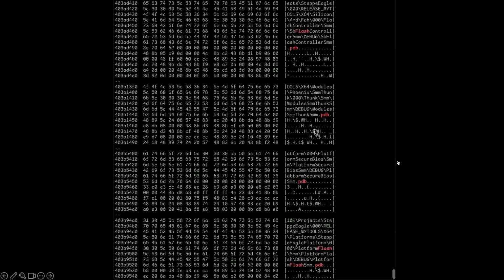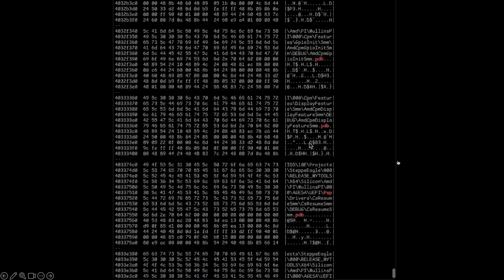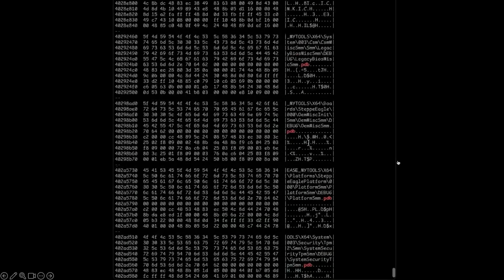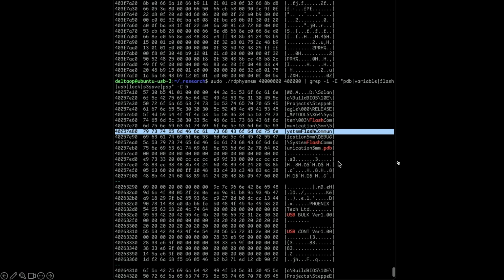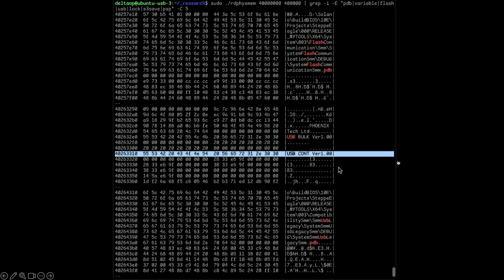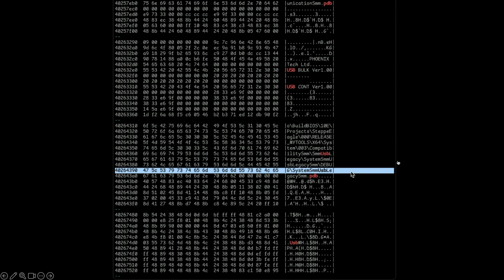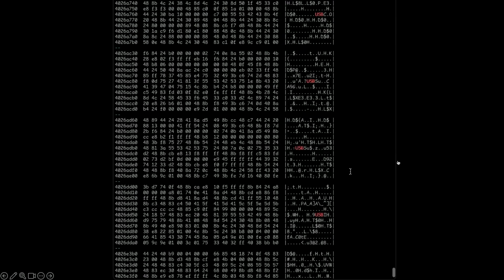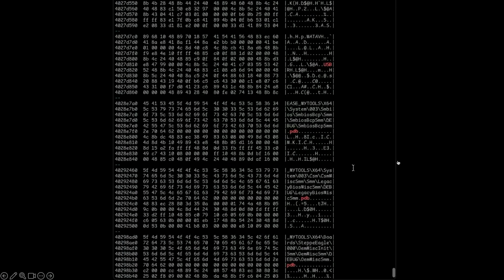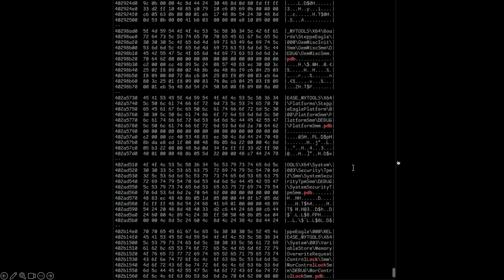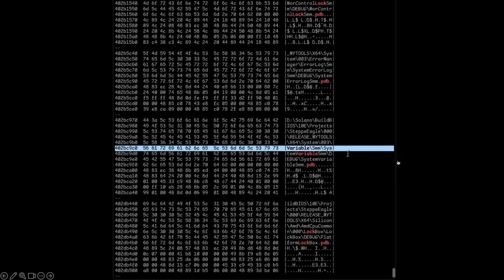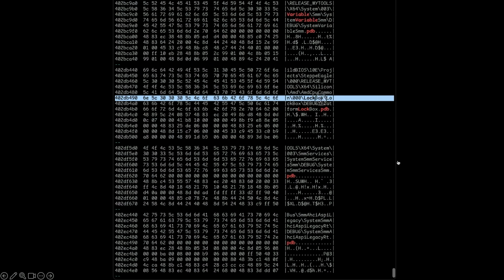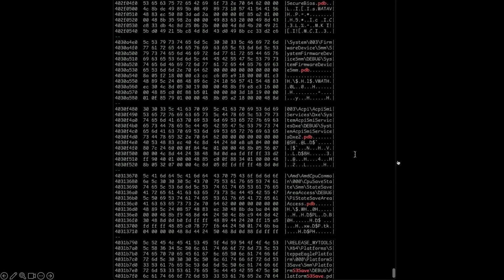On this platform, SMRAM, they left in a whole bunch of build strings, which makes it really easy for us to see the different stuff inside of system management mode here. And it turns out there's all sorts of really interesting things. There's access to the flash on the system. There's USB drivers inside of system management mode here. If we scroll a little bit further, we'll see that system management mode can persist different UEFI variables across boots. We'll see access to what's called the lockbox in system management mode,